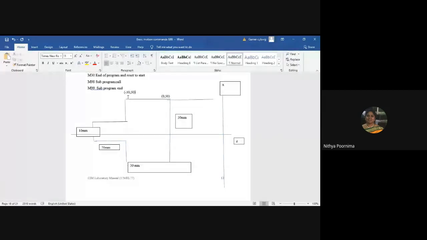Correct? This will be minus 30, comma, the dimension is given as 10. What will this coordinate be? Minus 40, comma 10.